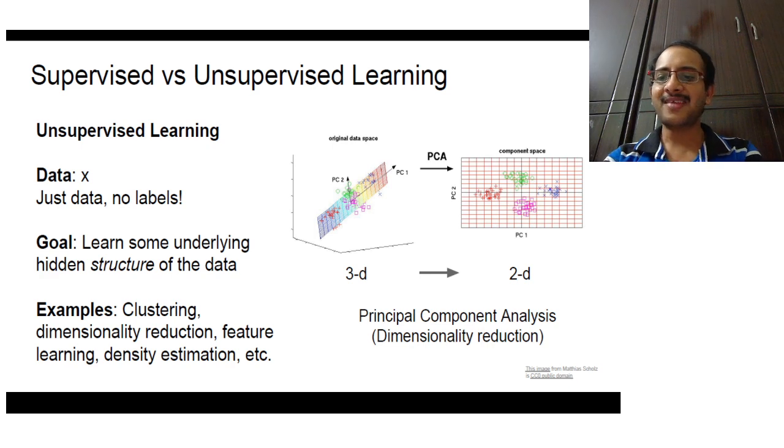The other unsupervised learning method, which is the point of our discussion now, is density estimation. Given samples x1, x2, up to x1000 or whatever, so many samples, we would like to get the underlying density of the samples itself, so that we can generate as many new samples as we wish.